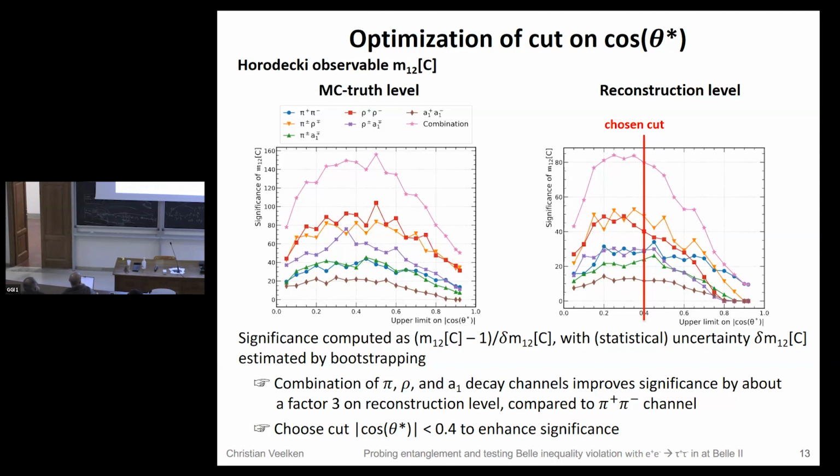That's good to see. The other thing I want you to note is that we lose about a factor 2 in sensitivity. So it's not a huge loss, it's a factor 2. And it's, I think, also reassuring to see, because it means that we get an estimate of what we expect the effect of systematic uncertainties to be, because systematic uncertainty means uncertainties on this resolution. If the effect of the resolution is a factor 2, then systematics we expect to be in the same ballpark. That's my experience.